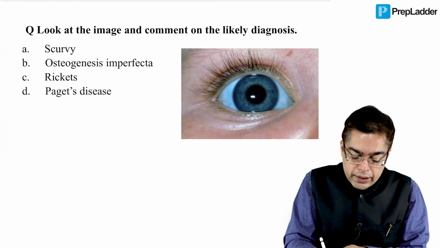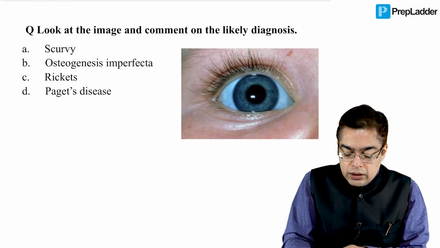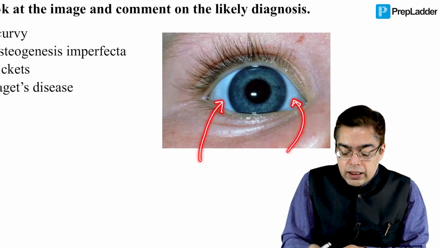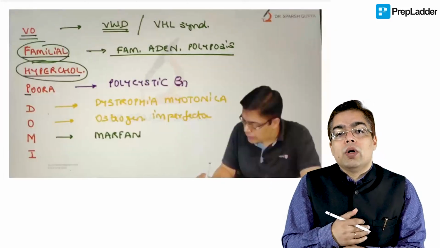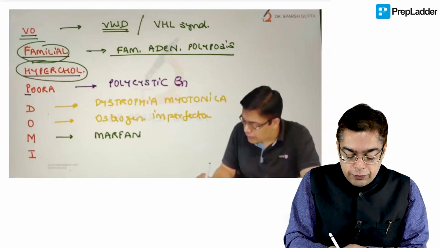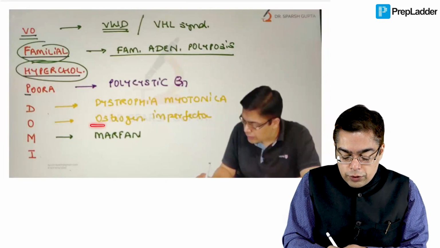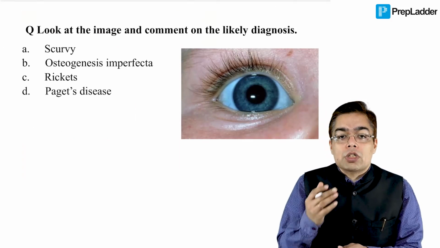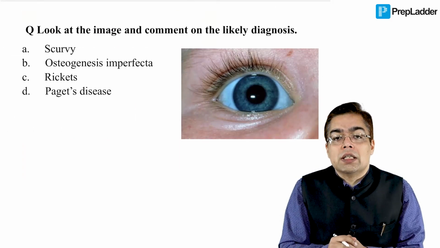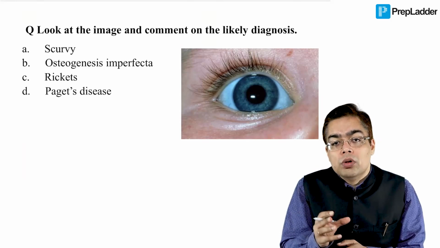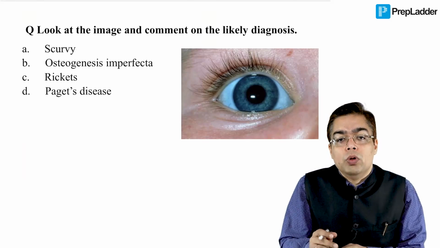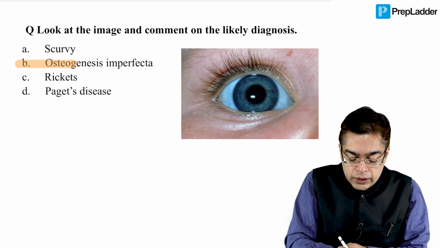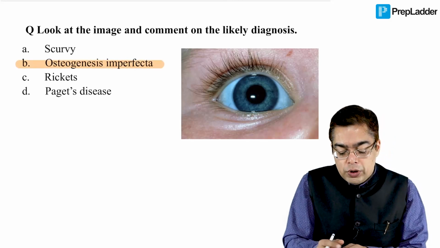Looking at the next question, look at the image and comment on the likely diagnosis. The clinching thing in the diagnosis over here, the important part, was the discoloration of the sclera that you had in this patient. So even though I would have talked about that particular fact with you when I made a mention of osteogenesis imperfecta, wherein the patients are going to be having a defect in the collagen, because of which they are going to be having weak bones, and you are going to be having the presence of a bluish discoloration of the sclera. So that is something which is going to be an important fact for you to be familiar with, and therefore the answer for this particular question happens to be option B.